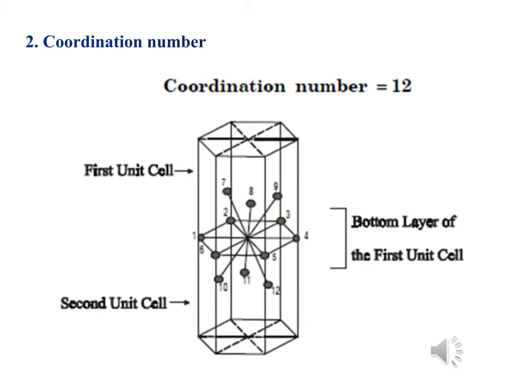To find the coordination number, consider the number of nearest neighboring atoms to a particular atom X. You see this diagram: in the bottom layer of the first unit cell, consider the center base-centered atom X. It has the surrounding 6 corner atoms in the hexagon, the 3 middle layer atoms inside the first unit cell as nearest neighbors, and the 3 middle layer atoms inside the second unit cell as nearest neighbors. Overall, 6 plus 3 plus 3 equal to 12 atoms. Therefore, the coordination number is 12.